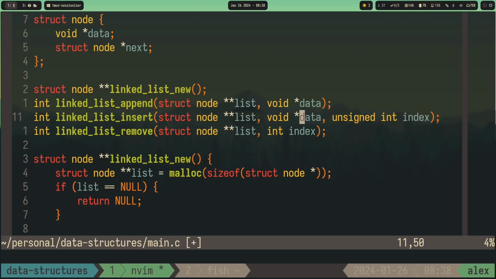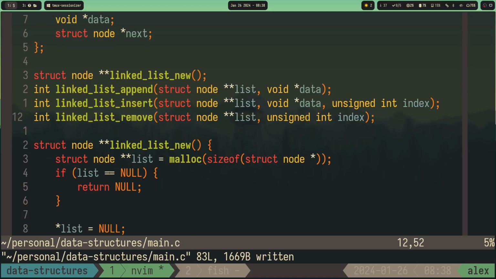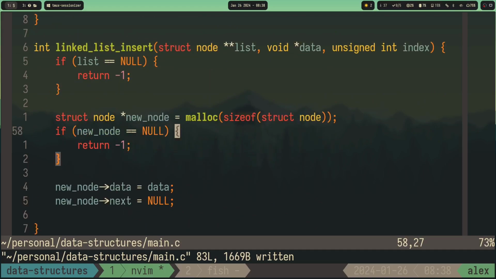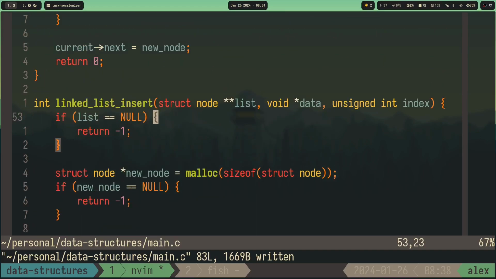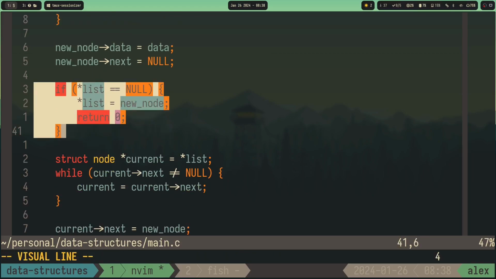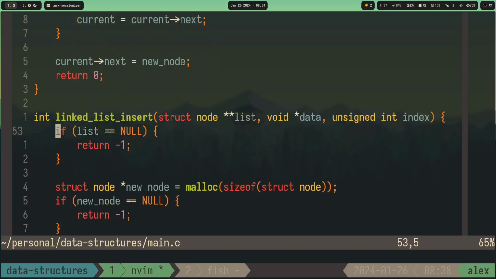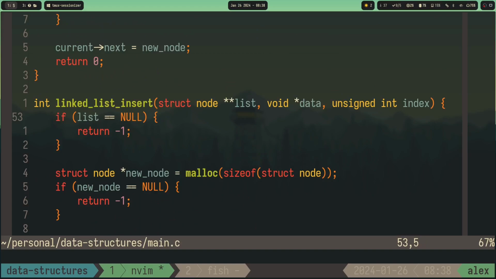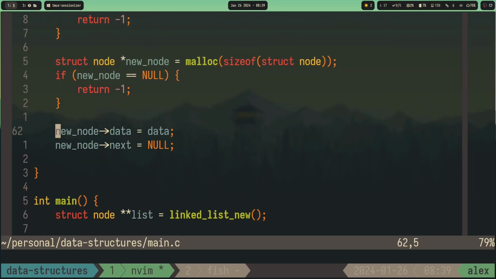Why not, right? I mean, if it's unsigned, we don't need to check if it's below 0. Let's make it simple. We only get indices like 0, 1, 2, 3. Okay, so yeah, here. I mean, what if index 0 is a special case maybe, because we insert in the start. So yeah,